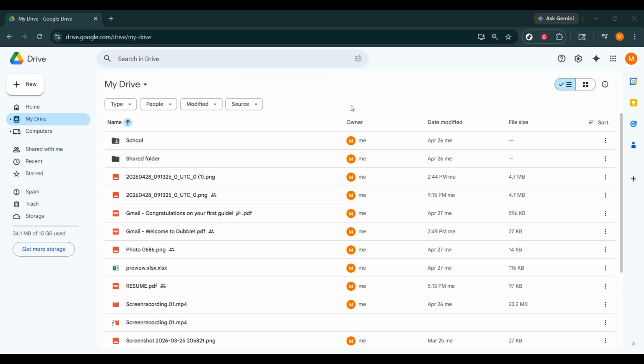If your Google Drive sharing link is not working, don't worry. This is usually a permissions issue, and in this video, I'm going to show you exactly how to fix it step by step. Whether you're trying to share a document, folder, image, or video, the process is usually the same. I'll also cover a few quick troubleshooting tips at the end in case the link still doesn't open the way